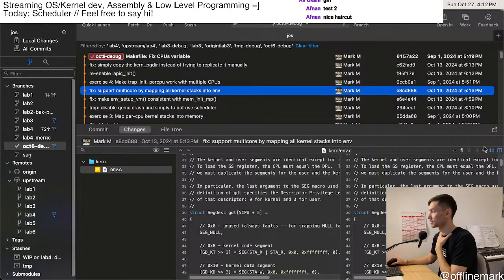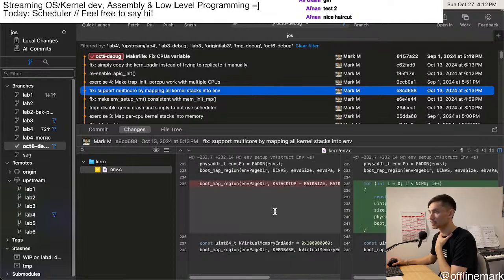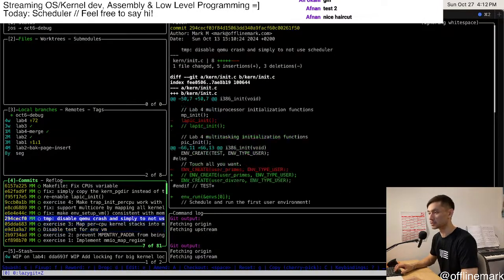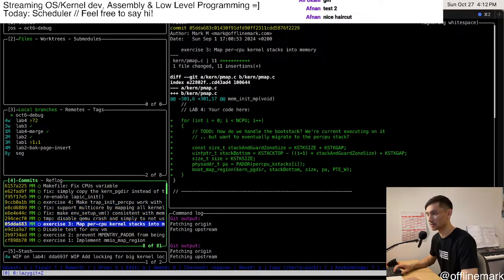What is this commit? Support multi-core by mapping all kernel stacks into the env. Again, I think this is going to be totally obsolete. All of this code is mutating this env setup VM, where in a few commits, we're going to drop just all of the code. So what I think we can actually do is just start deleting stuff left and right. But